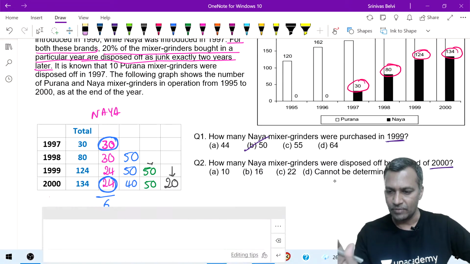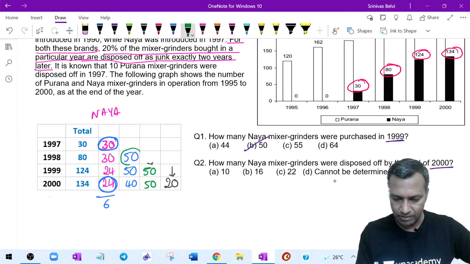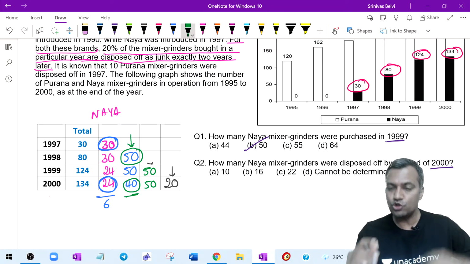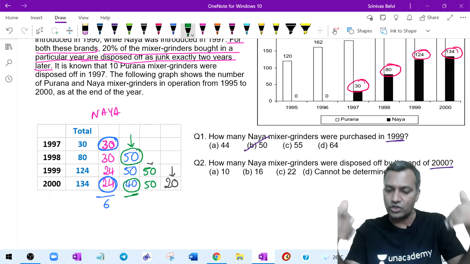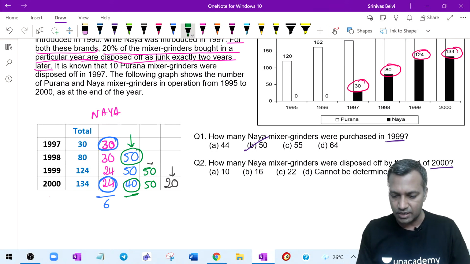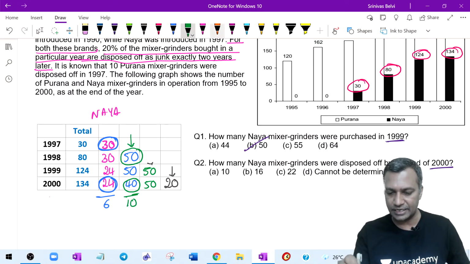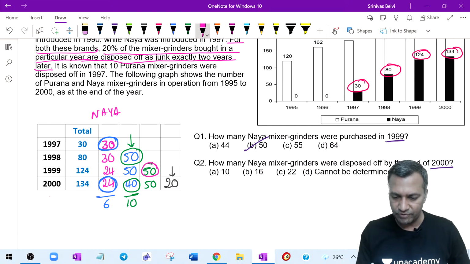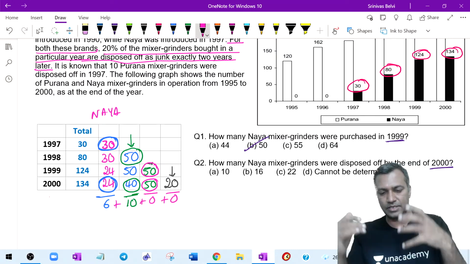Yeah. Next one. Next piece of information, 50 were manufactured and 40 are remaining in this batch because it's a new batch of 50. Out of this batch of 50, 40 are remaining, which means how many were discarded? 10 were discarded, right? The next one, similarly, 50 were manufactured, all 50 are remaining, 0. So here also it is 0. I need to add these numbers, right? 6 plus 10 plus 0 plus 0.